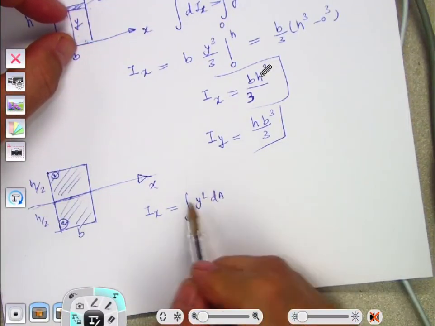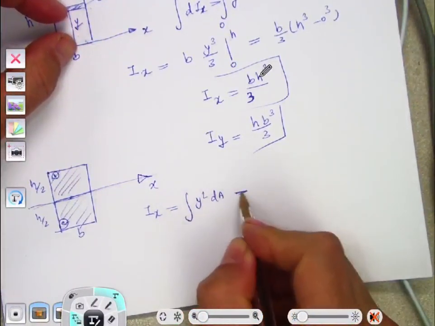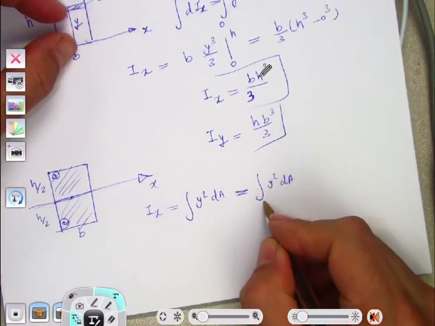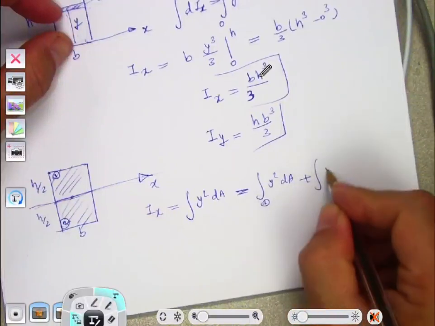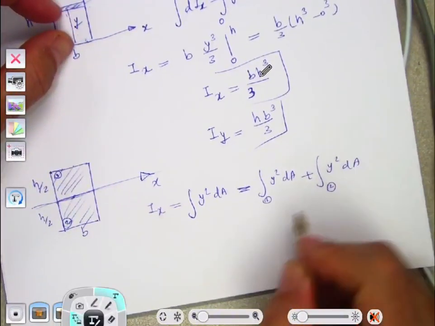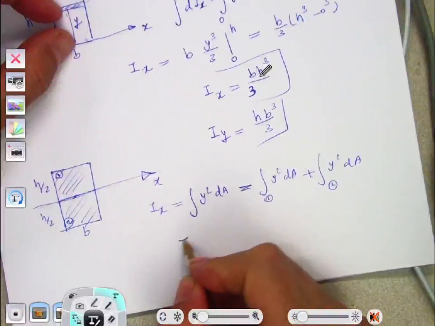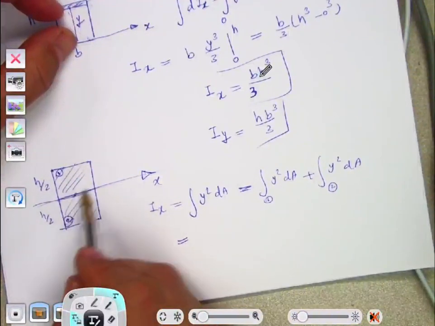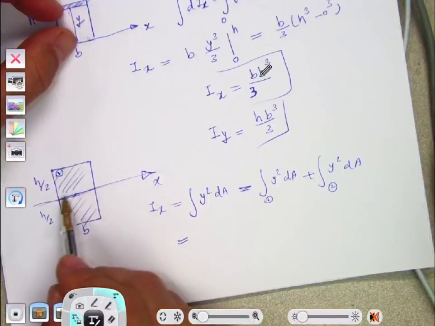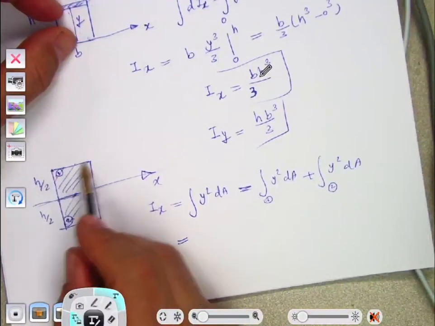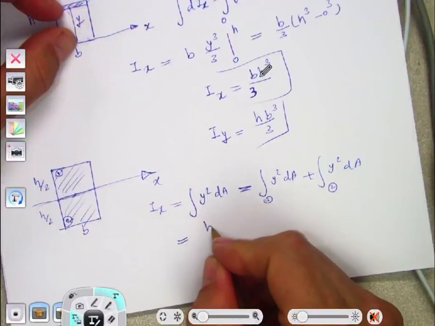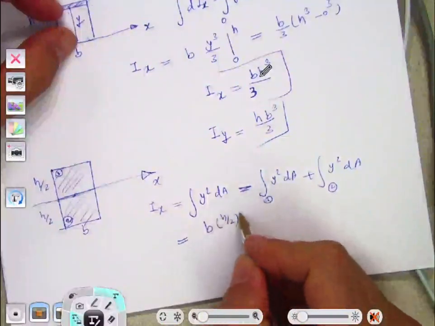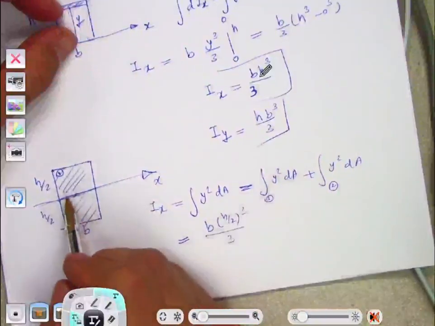Instead of doing this integral for the entire thing, I can take the integral once for region 1 and then do the same thing for region 2, and then add them up. So for the first one, I just found the formula. If you have moment of inertia about the x-axis passing the base of the rectangle, for this rectangle it's going to be b, and height cubed, height is h over 2, divided by 3, and then plus